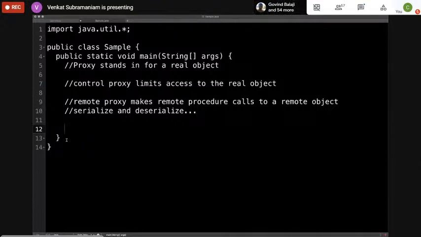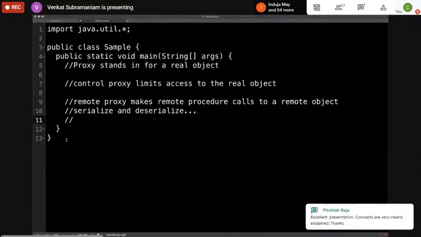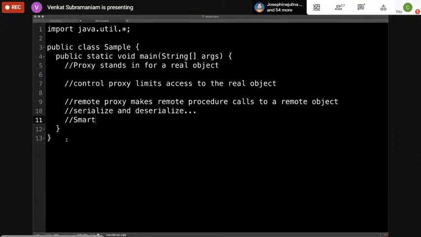You can also have other kinds of proxies too. For example, in the case of a language like C++, you can say a smart pointer. Pointers are really proxies too. Because what do smart pointers do? They take care of reference counting, if you will, and they release objects when they're not needed. So that could be another example of a proxy.